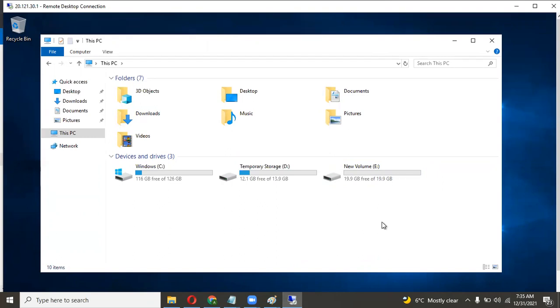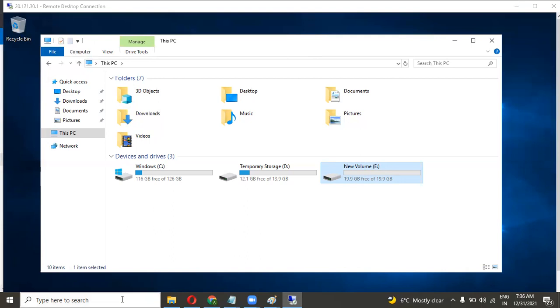We can attach this disk to another virtual machine, but only one disk at a time.